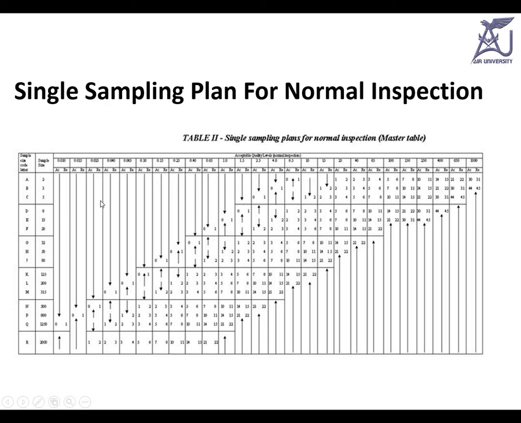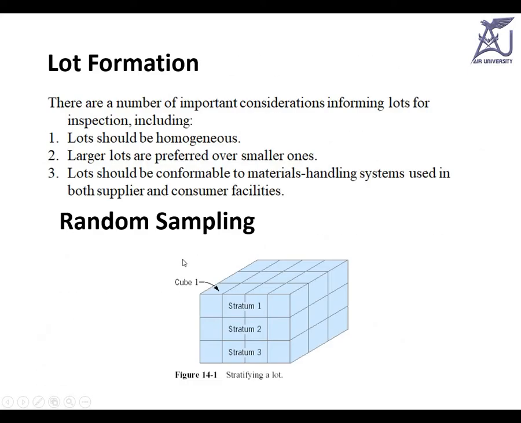Okay. So we will go over one single sampling plan which has been taken from Google, and it is also given at the end of your book. This is for the single sampling from normal inspection. We will study later what is the normal, what is the tightened, and what is the reduced one. But right now we are just concentrating on the normal inspection, remember. This table is giving you some letter in the first column. We will talk about how these letters are to be selected, and then this is the sample size. What should be the sample size, like for example 2 or 3, or like we selected in the last one, 89.